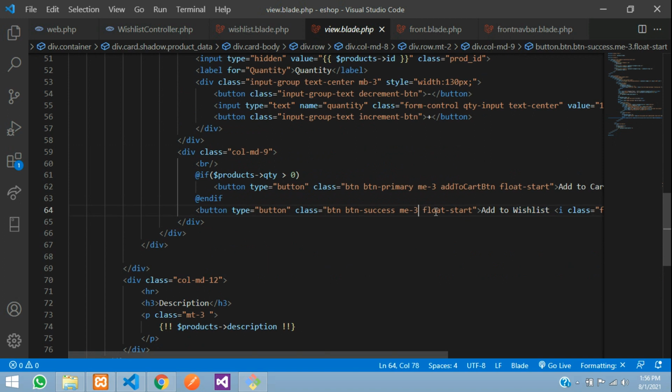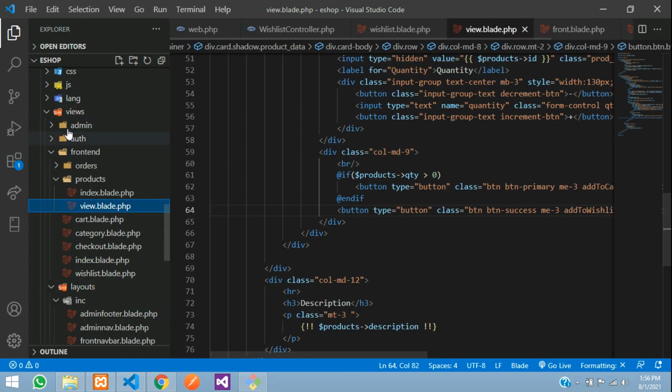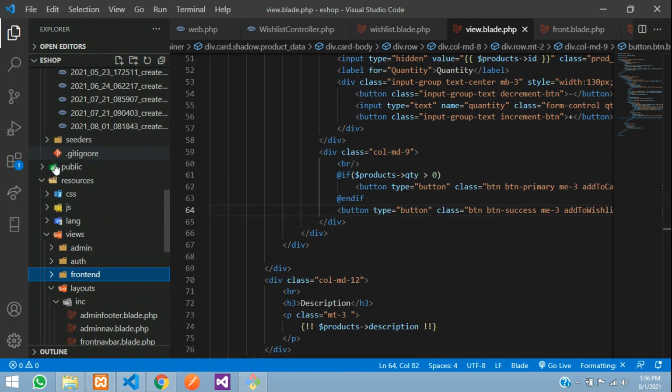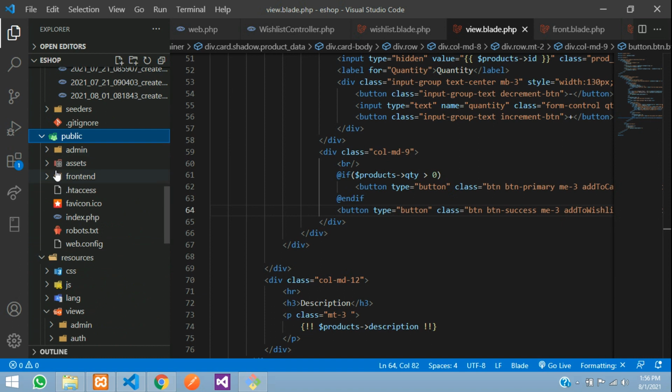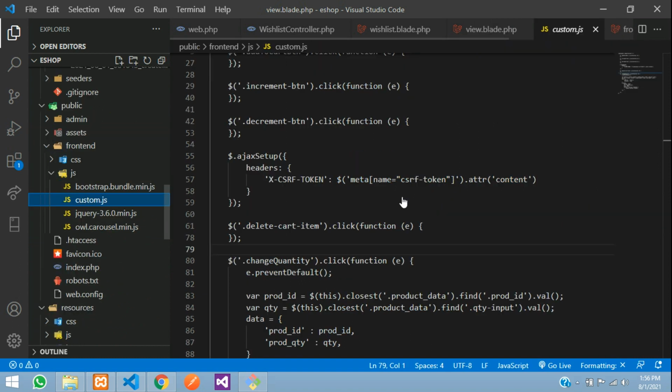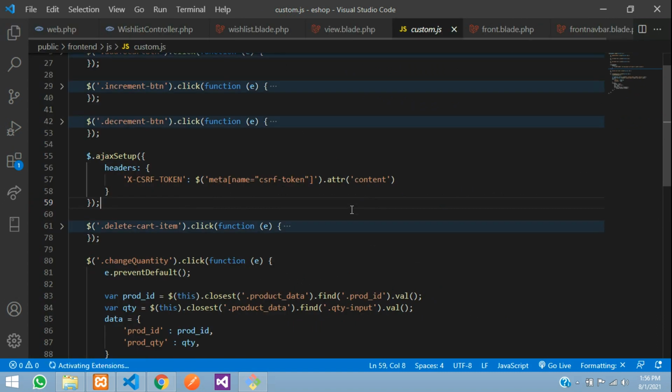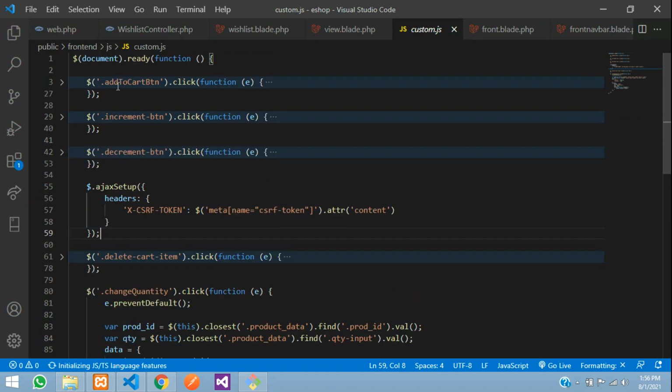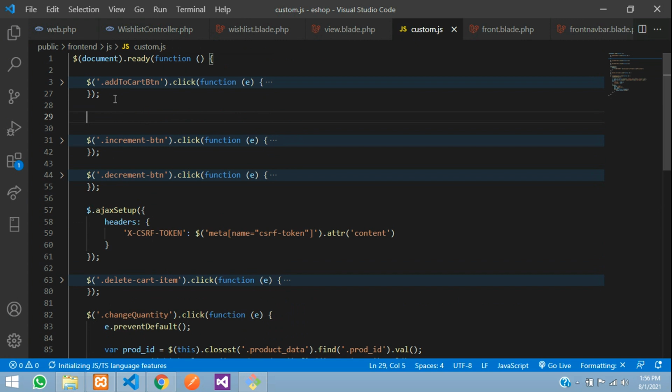So we will add a class over here, say add to wish list. Copy that class and go to your script file. Oh, I have kept it inside the public frontend JS custom.js. So here you can see we have the add to cart button, right? So I'll just place it below that. So say jQuery click,